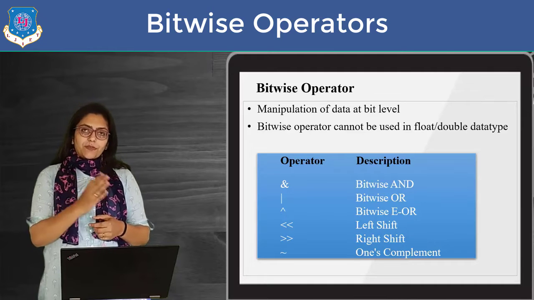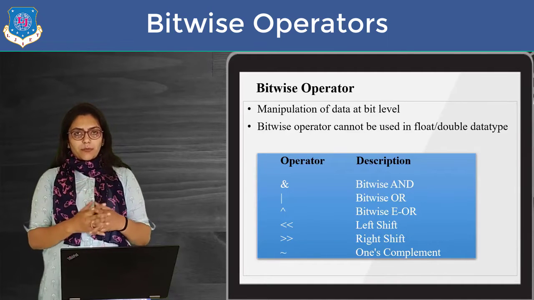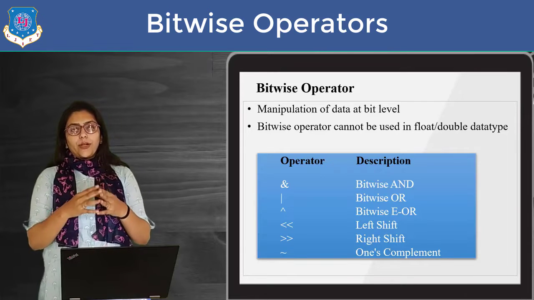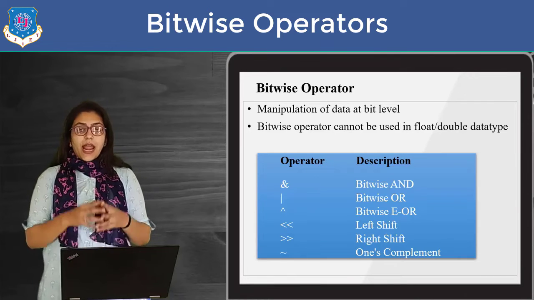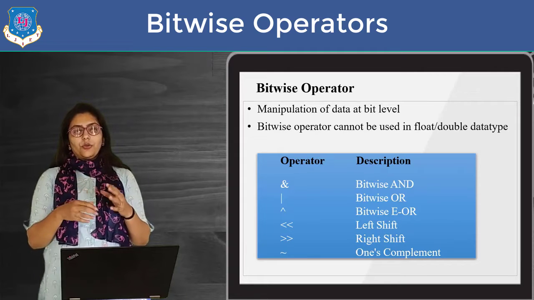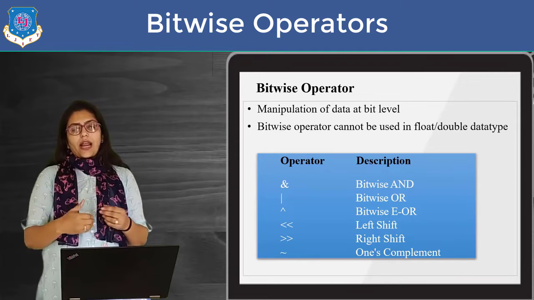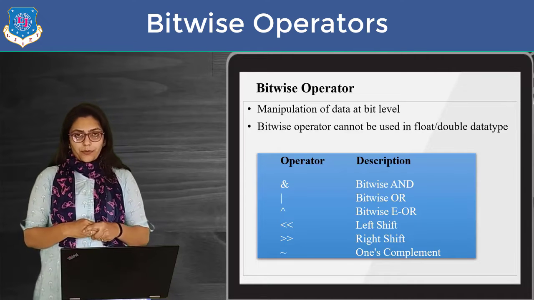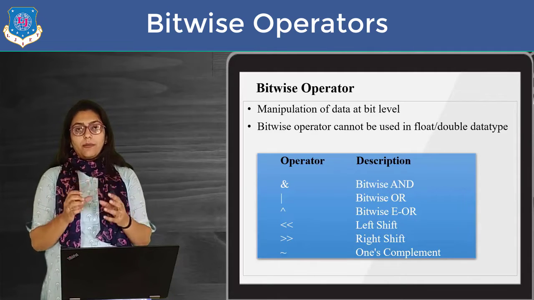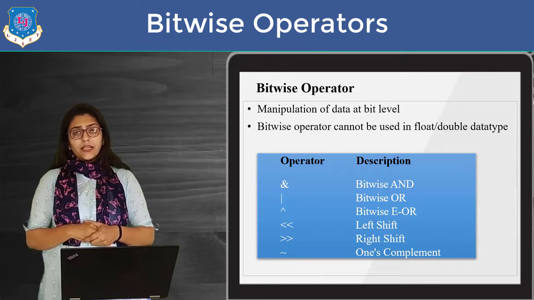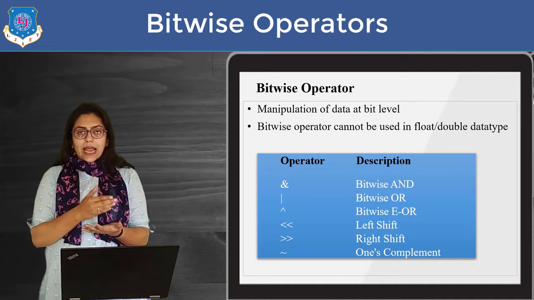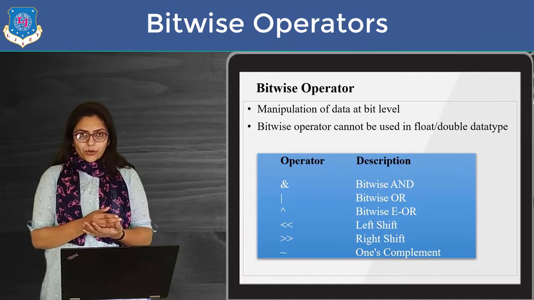You know, in previous lectures when we were studying logical operators and relational operators, at that time we were putting conditions, right? And in that condition you can use OR, NOT and AND operators. But bitwise operators specifically work at the bit level, right? So if you want to manipulate bits one by one, at that time you can use bitwise operators.